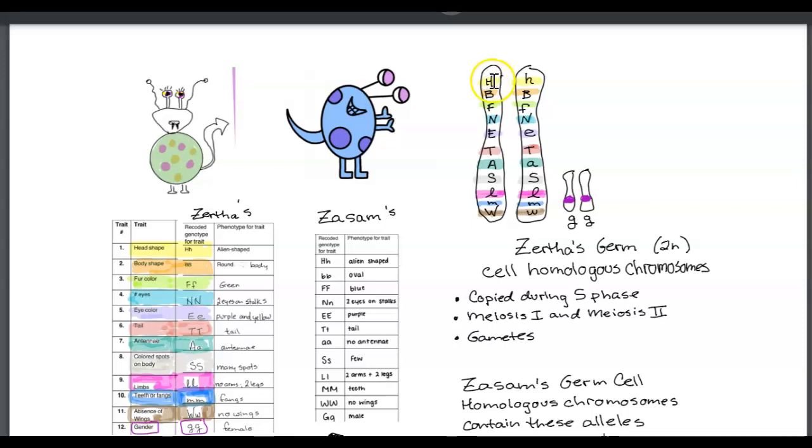So we have the H representing the head shape and the B representing the body shape. And so she got a copy of the capital letter version of that allele, the dominant version, from one parent, but from the other parent she received the recessive form. When it came to body shape, she got the dominant allele from both parents. And so she got that round body form. And then etc. So I won't go through all of these, but all the way up through the sex